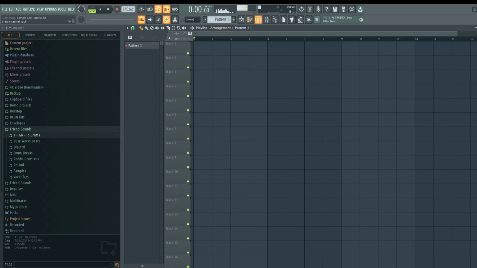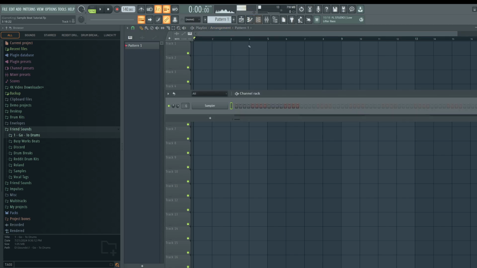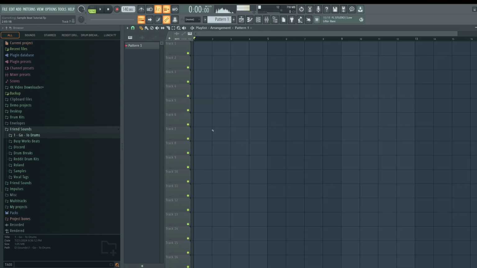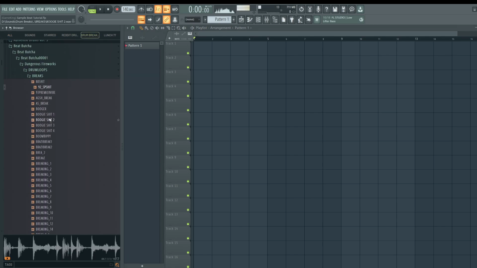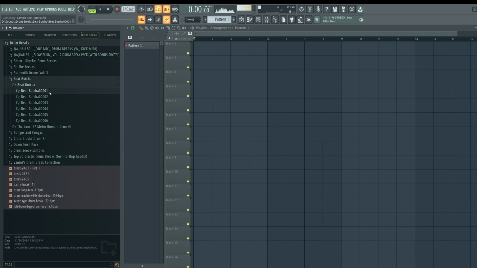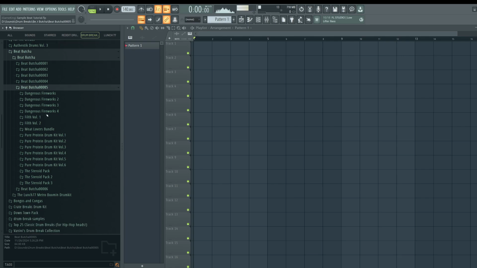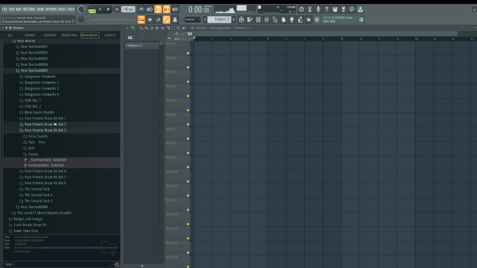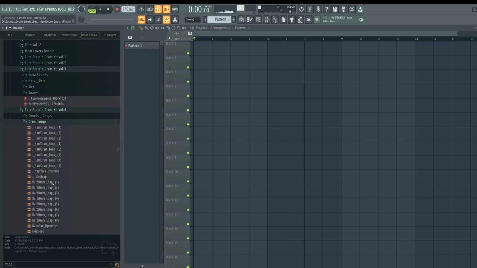Okay, so now that you know where to find samples, and the Internet Archive as well, let's go. Actually, we're not going to use Serato right now. Let's first start with the drum break because we want to get the rhythm of the drums. We don't want to start with the sample because there's no right or wrong, it's just harder to wrap drums around the sample than the other way around. So let's see if we can find some drum breaks in here. I know there's a folder, drum loops. Here we go.